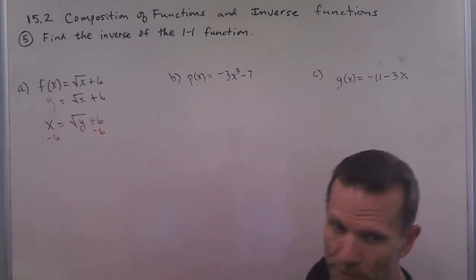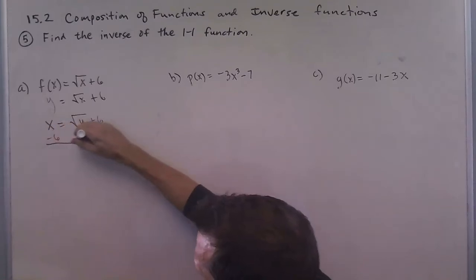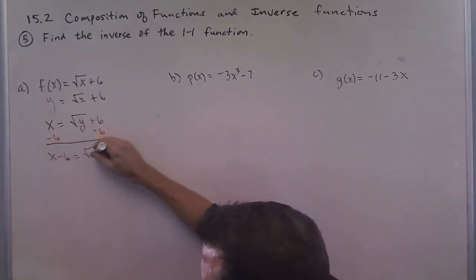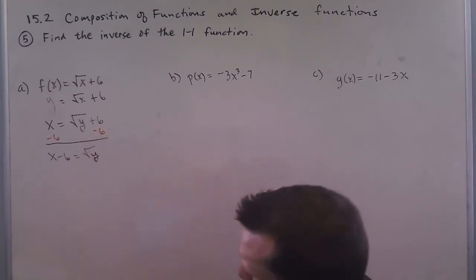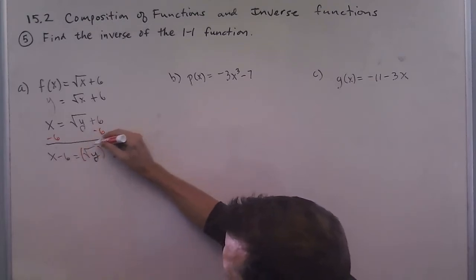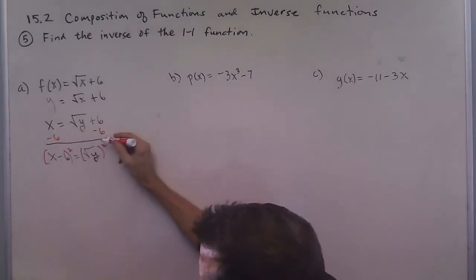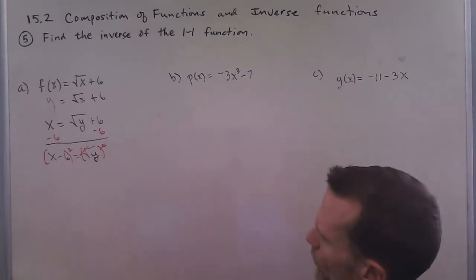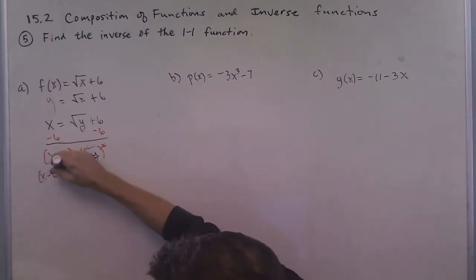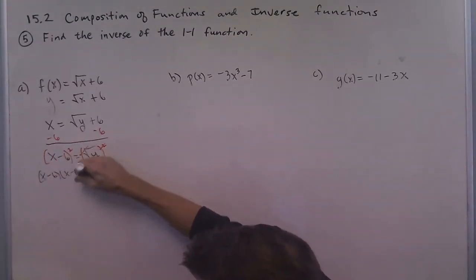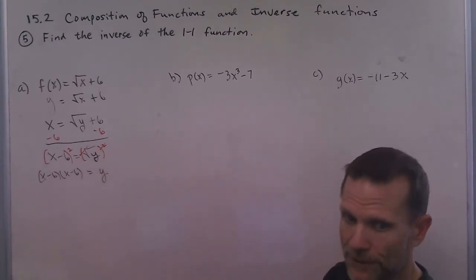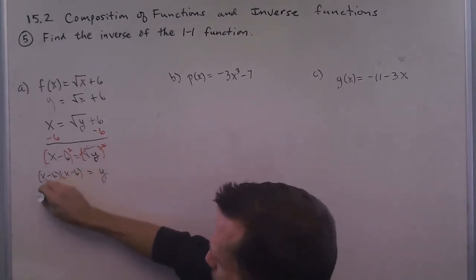Little step that maybe not as familiar to some, but we will get the square root of y here, and then we'll square both sides here, okay, to remove our square root. All right, and then squaring this, we remember we want to take this times itself, so we get equals y, and then multiplying that out, we get x squared